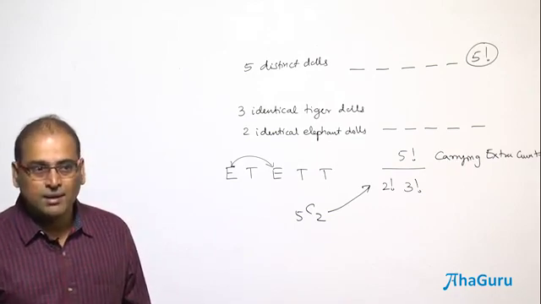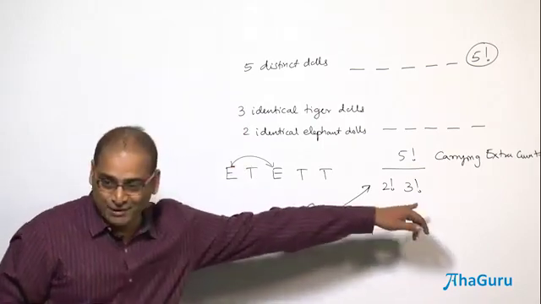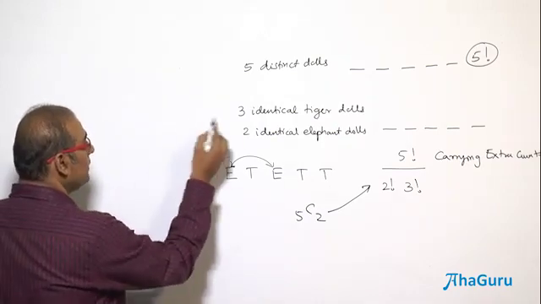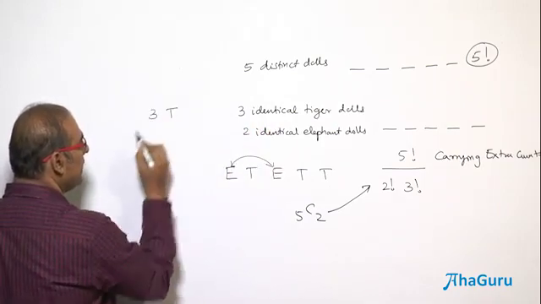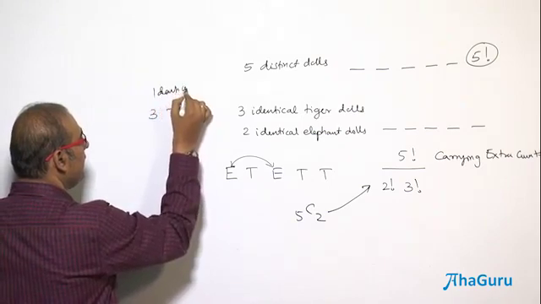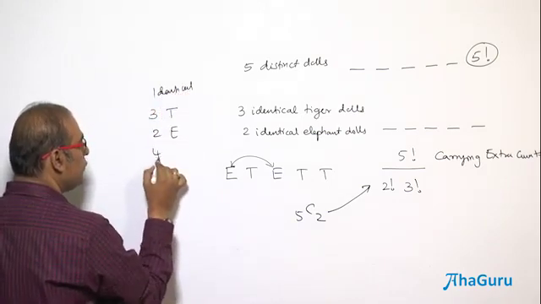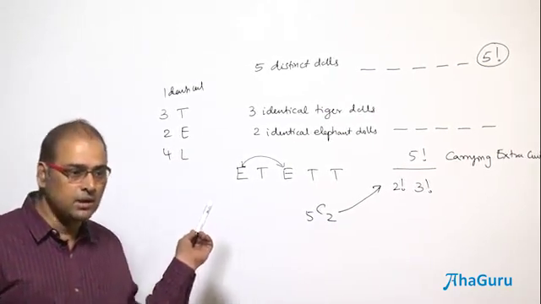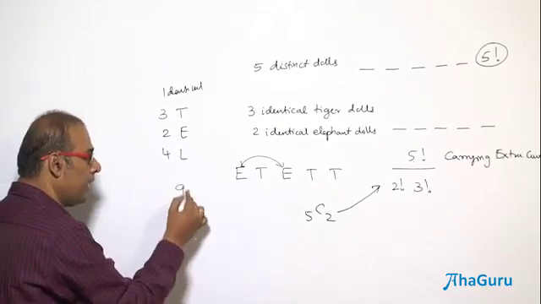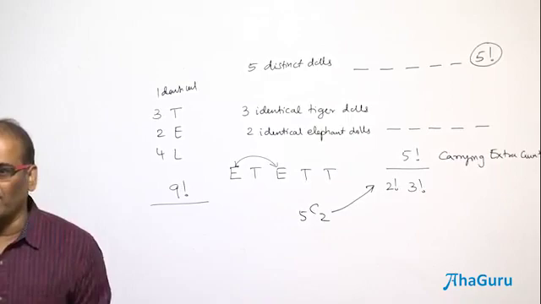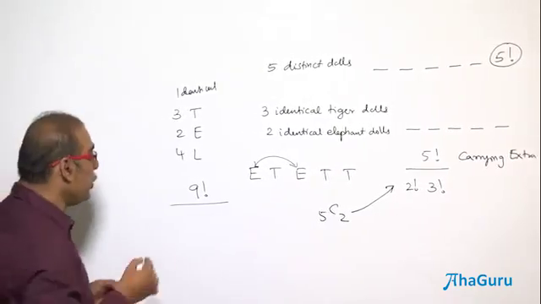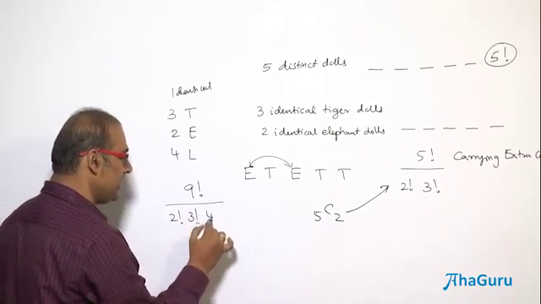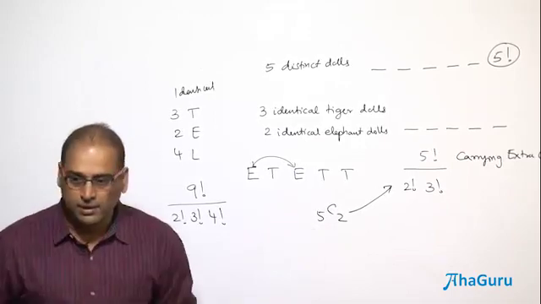Are you able to understand? But the problem comes when I have 3 types, because in the formula you have only 2 factorials you are dividing. Suppose I am going to have 3 identical tigers, and 2 elephants, and say 4 identical lions. Then totally I have how many dolls? 9 dolls. So assuming that all the 9 are different, I will have 9 factorial. Then I have to divide. Divide what? 2 factorial for adjusting elephant, 3 factorial for tiger, and then 4 factorial. But I won't get a formula here.